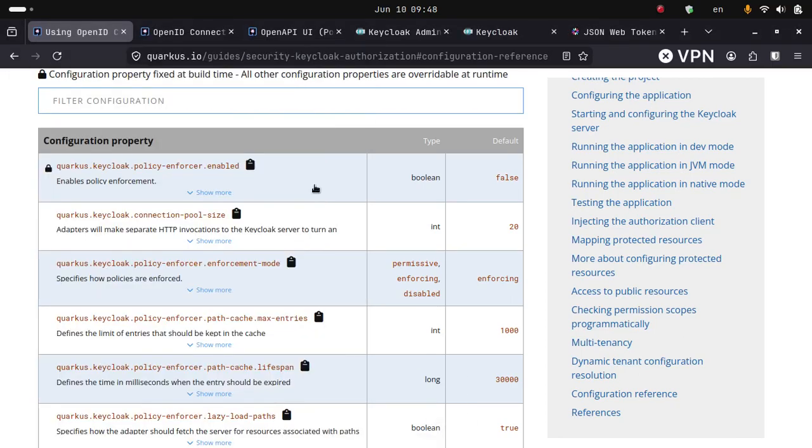Welcome back again, everyone. From the last video, it was regarding the entity mapping: one to many, many to many, and many to one, I guess. And in this video we are going to do some API securing using Keycloak, and it took me quite some time